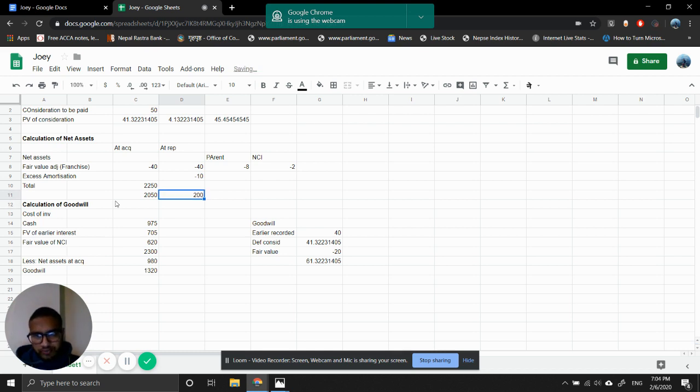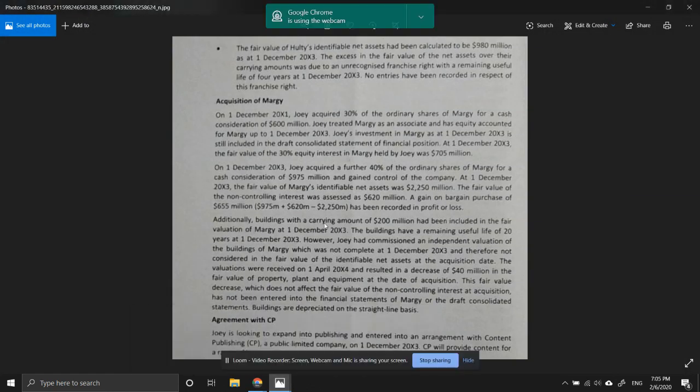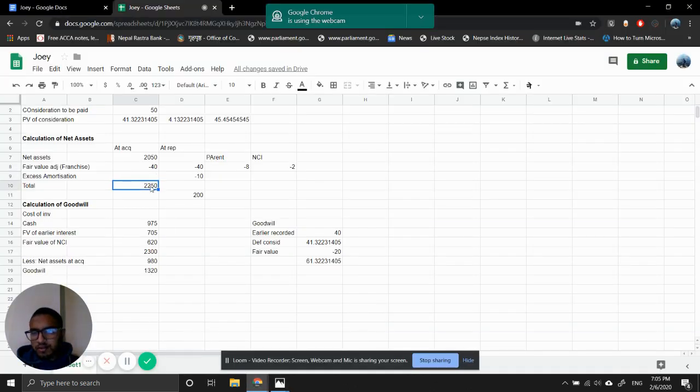$200 is decreased and that's gone down, right? So that means this figure will be over here. Okay, and then after that, what will happen is that, which was included within this figure, right? 2250. So that means 200 million will be removed from it first of all. So that means it will only be